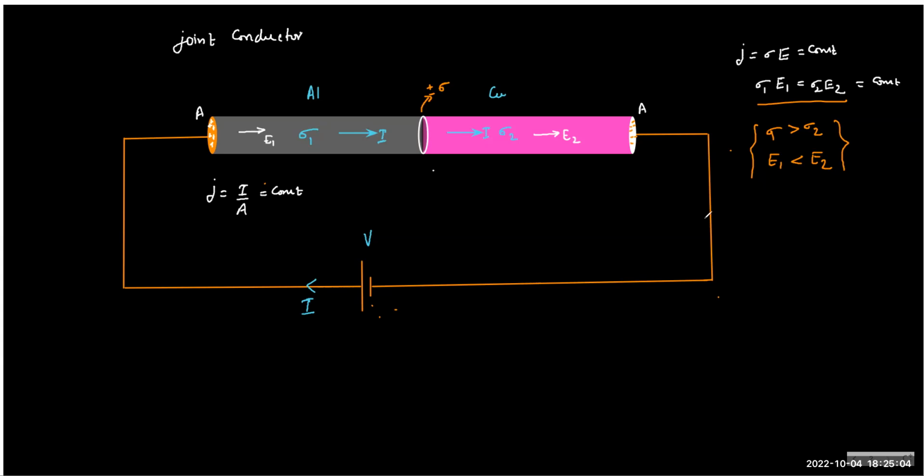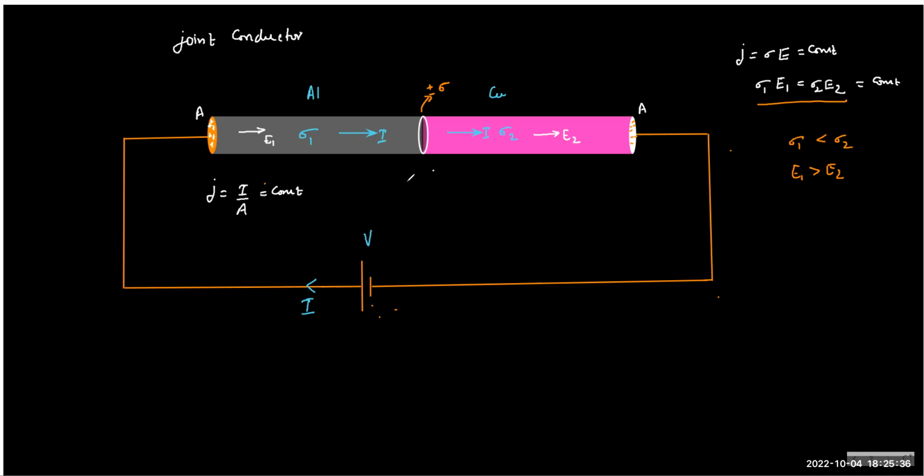Now, let me change to the upper discussion. Here sigma 1 is less than sigma 2, so E1 will be more than E2. Because E1 is more than E2, and you want the net field to be the same, you want to decrease the resultant. So what will happen? This interface will create